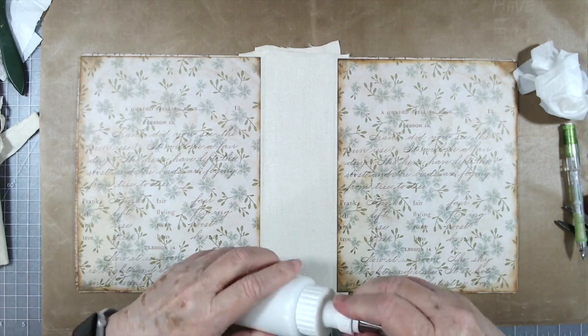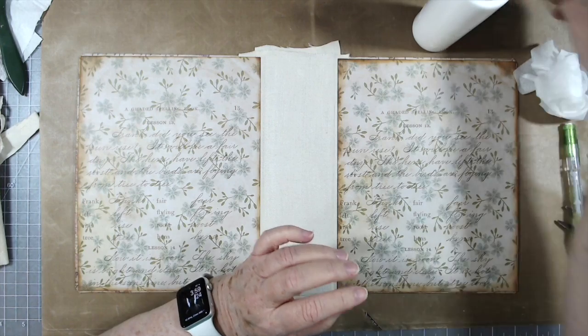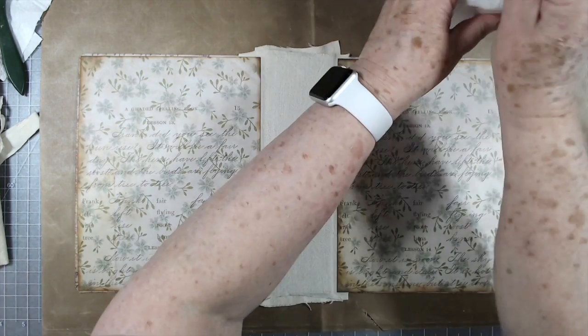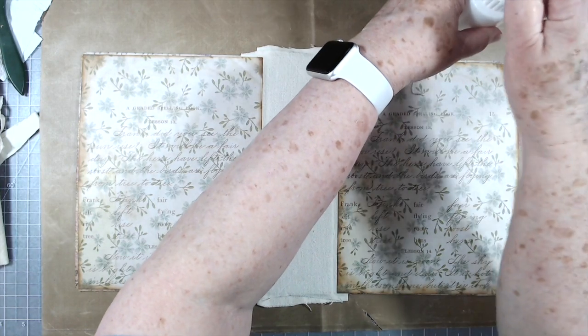Alright guys, that is it. I'm just closing my glue up right now because it's been open for a while and I don't like to leave it sitting too long. That's my problem with it now. I've left it sitting too long and haven't cleaned it good. But